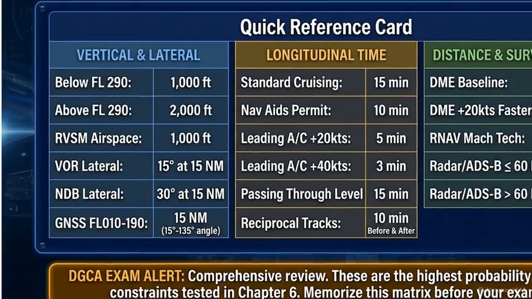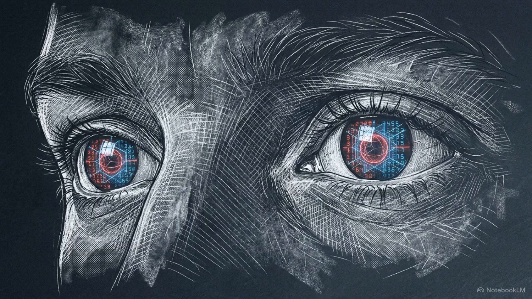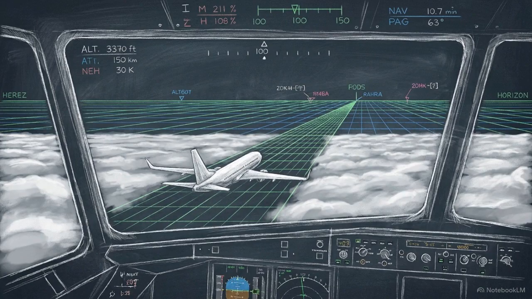Take a screenshot, study it, memorize these numbers, understand the precise triggers that alter them. These regulations form the absolute numerical framework that prevents catastrophe and makes modern commercial